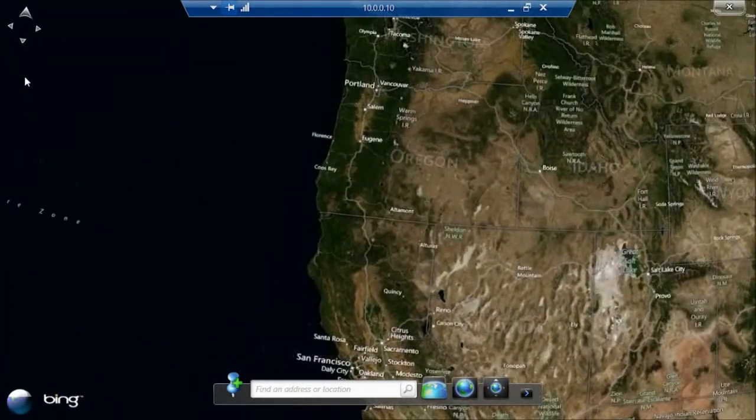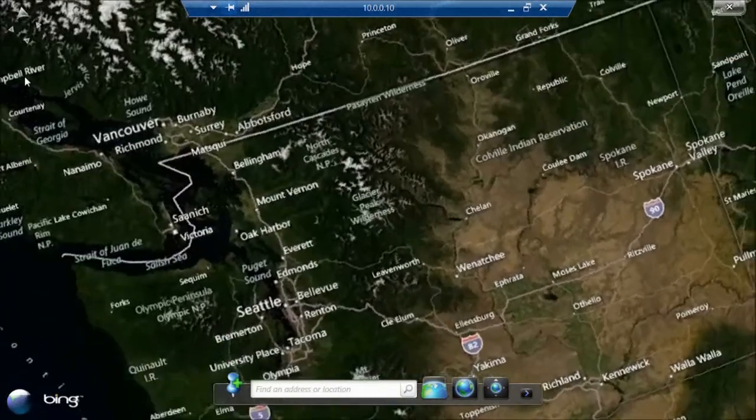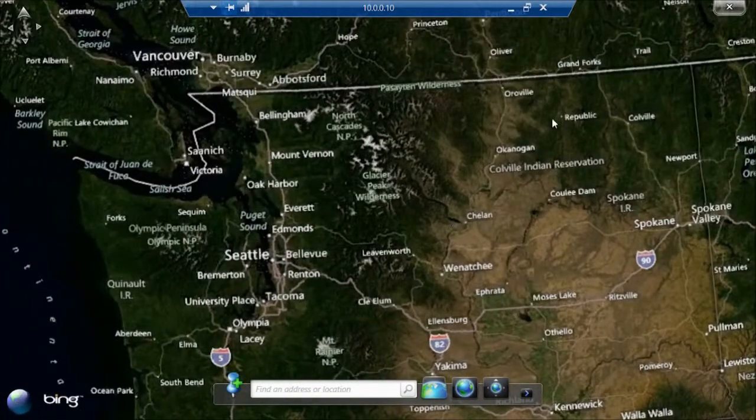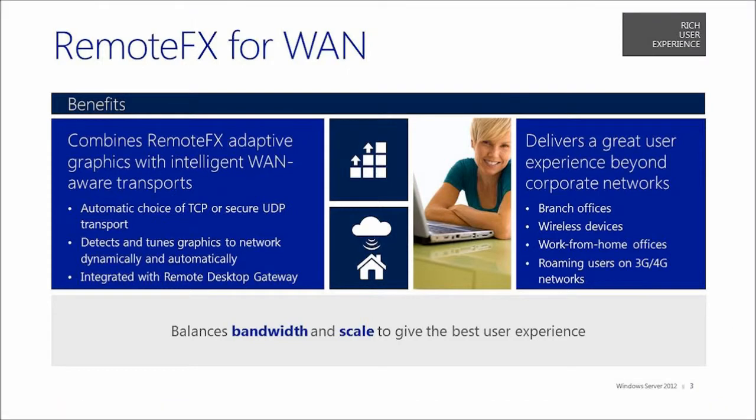And so I have a great touch-enabled experience, even with a VDI-based desktop. In summation, in Windows Server 2012, with Remote Desktop Services, we've done a great job of making the reality of a VDI or session-based desktop usable across a WAN, such as coast-to-coast or Wi-Fi enabled, which we could not do in the past, including a great touch-based remoting experience.